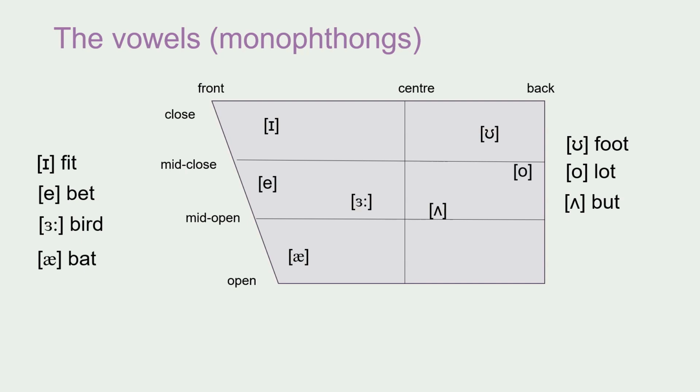Okay, moving on, we have another mid back vowel, but this time further back, and that is /ɔ/, as in "or". Note this is long, as in "bought". It's a long vowel as opposed to the other three, which have been short so far. Finally, at the very bottom, a very open back vowel, and again a long one, is the /ɑ:/ vowel, as